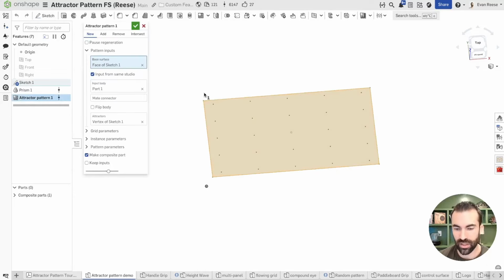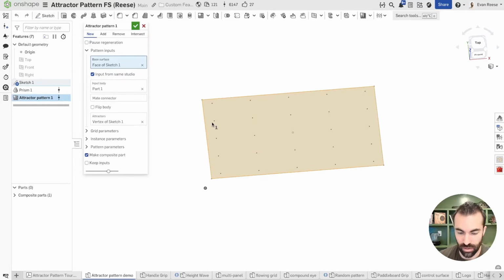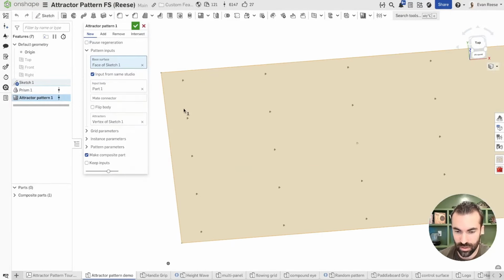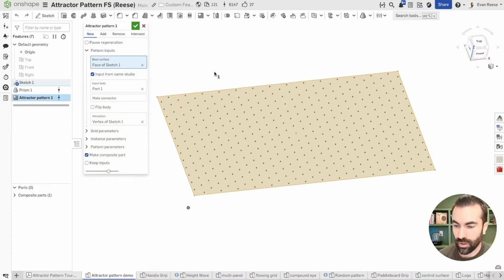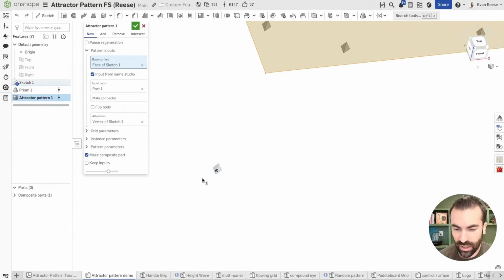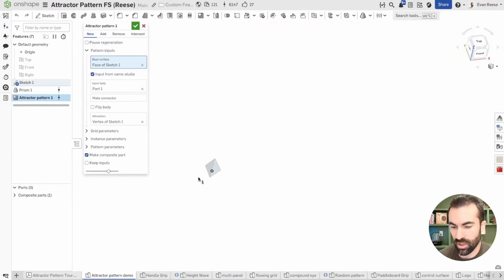And as soon as we've got an attractor put in, you see that all of these little parts will show up. There we go. So I've got my pyramids showing up here. With regard to the instances, usually I find myself putting one that I'm going to build in the part studio